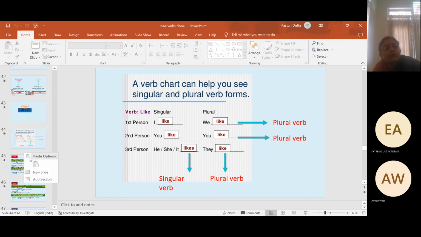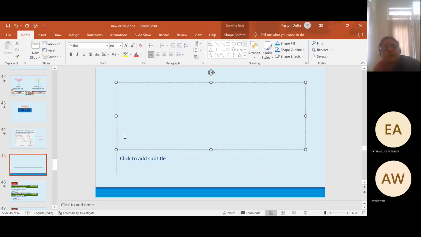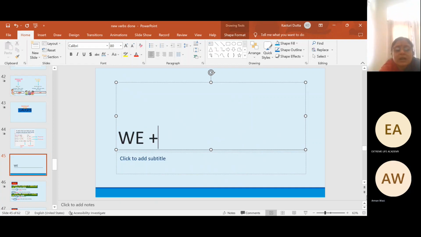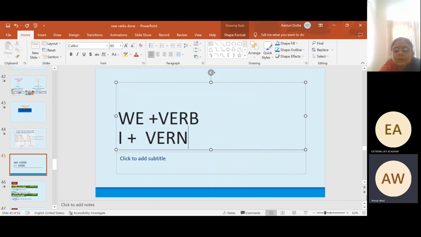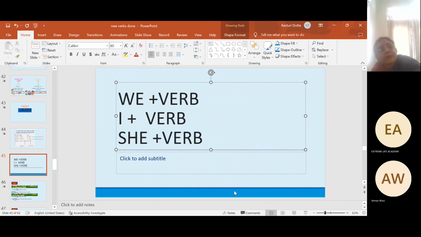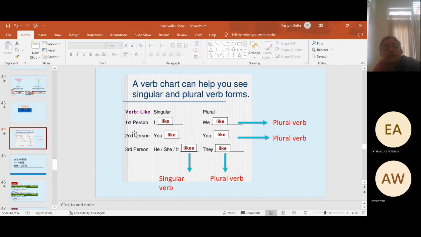Okay, suppose I add one slide here. See, I'm writing it in this way. Just see. Yes, I can see. He plus the verb. Similarly, I plus the verb. Similarly, she. Always see the subject plus the verb. Previously, you were getting confused because you were thinking, ma'am, how can it be plural verb like I and all? You don't see that. You see the subject. Everything goes by the subject, Arman.